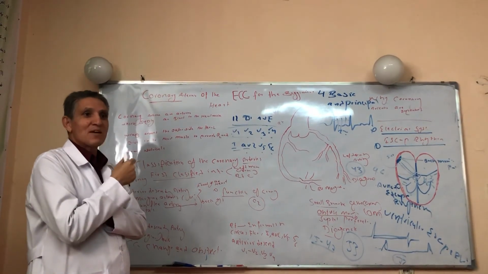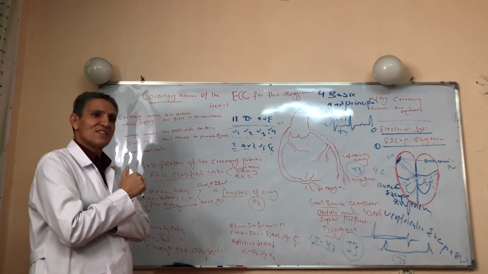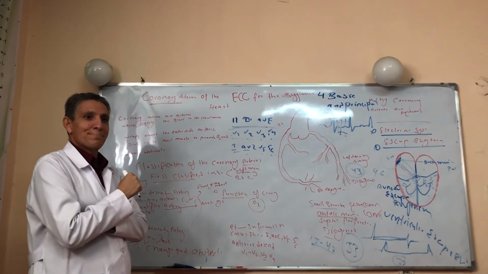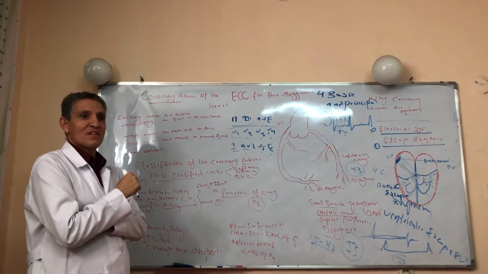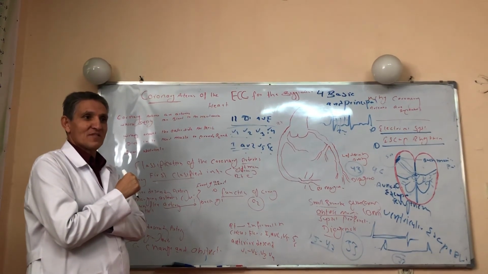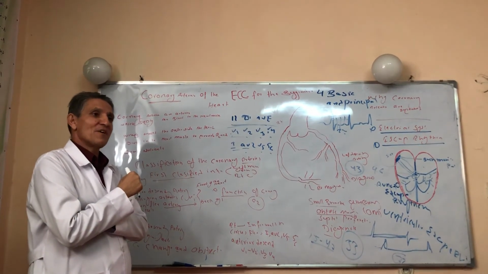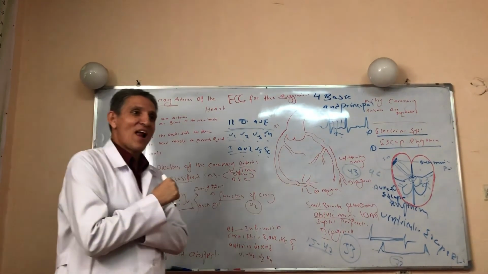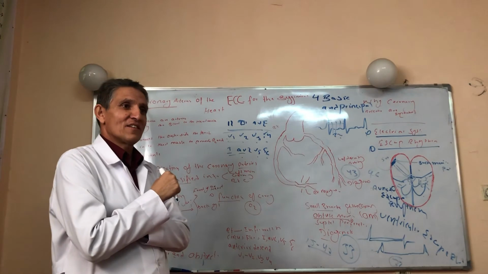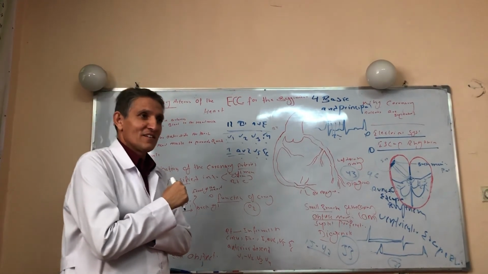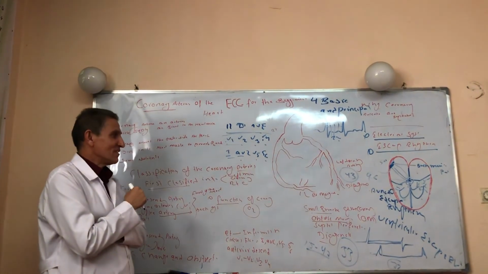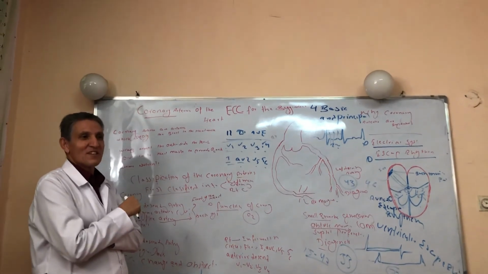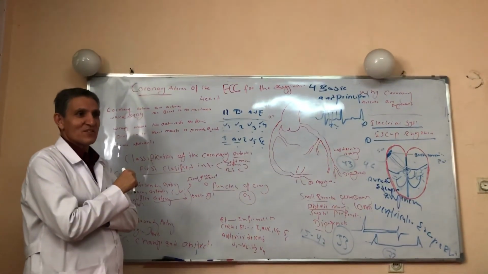Another is left circumflex obstruction, which produces changes in V1, aVL, V5 and V6, the lateral walls. Extensive MI shows changes in V1 to V6 and also the left side, which suggests triple vessel disease. This was a short lecture about the electrical system again. We repeated it,